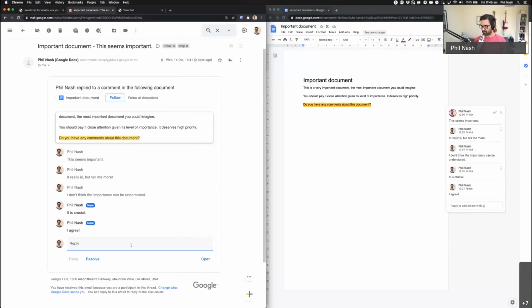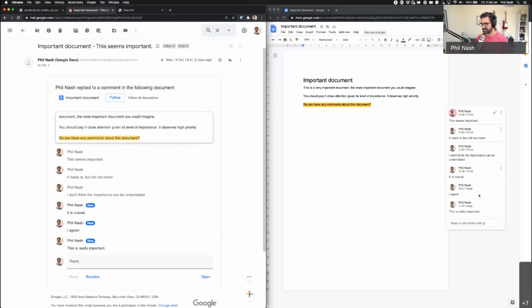This is about a very important document, as you can see. This is really important. I'm just having a conversation with myself at this point with this example. But if I reply there, that's going to send the reply through there, and it's appearing straight in the document straight away, which I think is just a magical experience. You wouldn't, of course, have the document up on the one side whilst you reply to it from your email, but